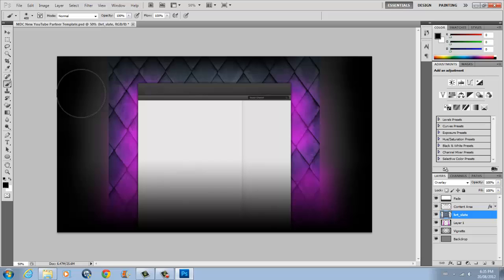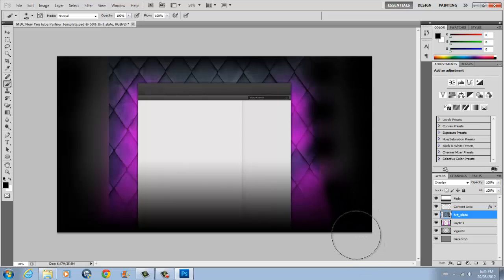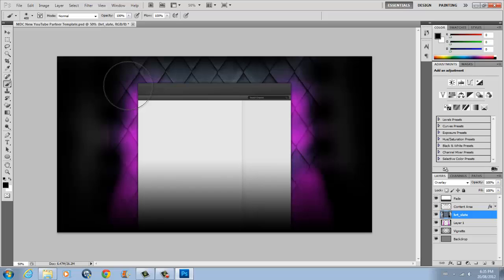And now something that you can do if you have that brush still open with the black is you can fade away the edging on it, so it kind of looks like that. So it doesn't look like it's really, so kind of like that. And then you don't want that. So now it kind of looks like that. And so now what you're going to want to do is you can